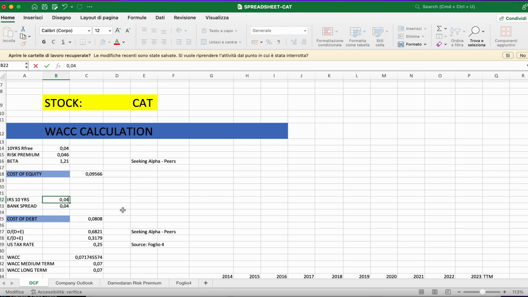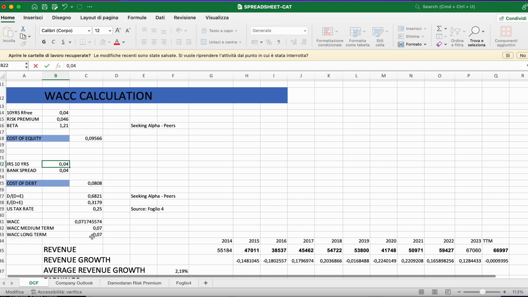But at the time of this recording, we're probably going to see the Fed cut some interest rates later this year. Usually when rates go down, construction tends to increase, especially in the United States. That market is more responsive than others. So yeah, these are the assumptions that I've made for the weighted average cost of capital.